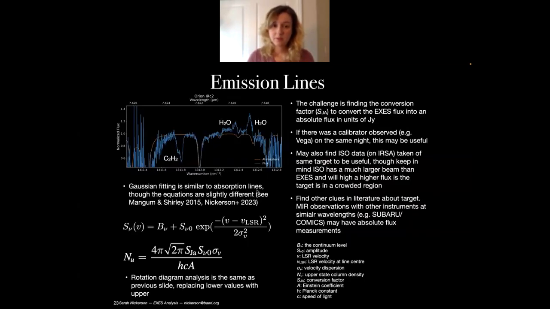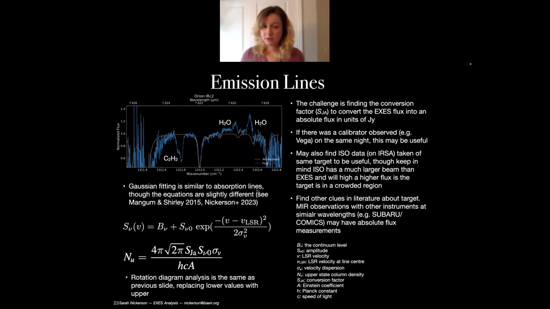And then a note on emission lines. So analyzing molecular emission lines follows a very similar procedure. The equations for the Gaussians are slightly different, but at the end of the day, you're fitting to a Gaussian, and then you're also using a rotation diagram. However, the complexity with emission lines is that you need to convert to an absolute flux and not a normalized flux